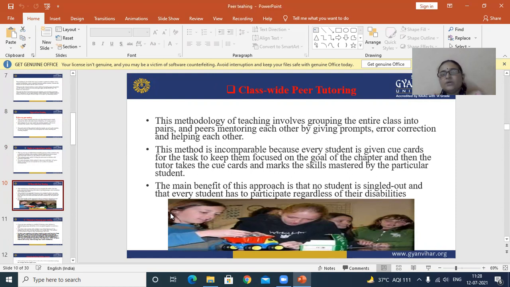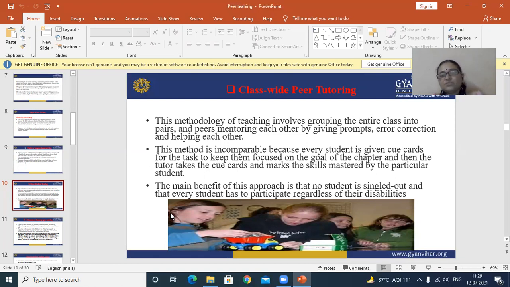Class-wide peer tutoring. This method of teaching involves grouping the entire class into pairs and peers mentoring each other by giving prompts, error correction and helping each other. This method is